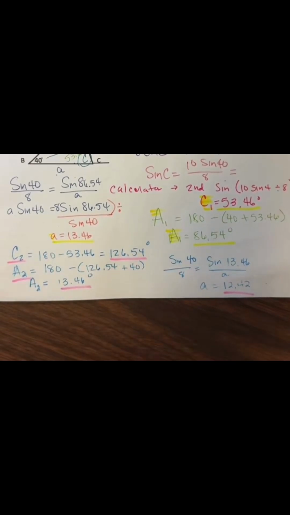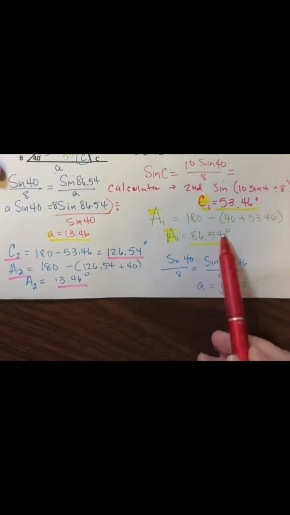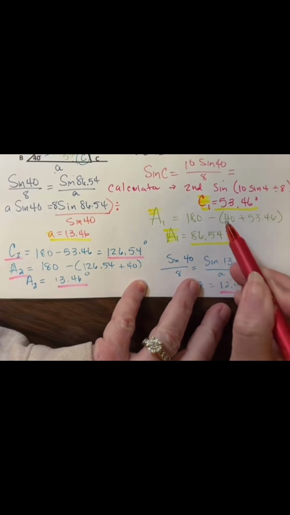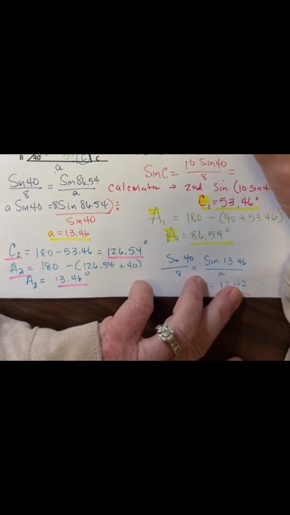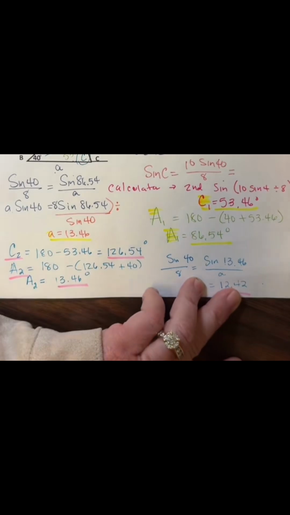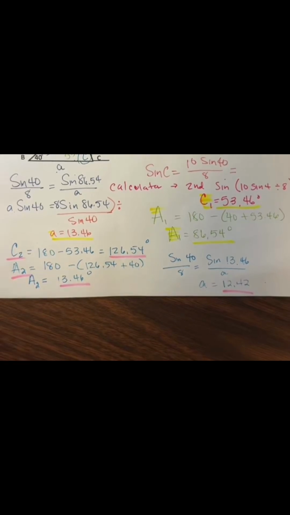If you were to do this part, and then you did 180 minus 53.46, just showing you how to determine whether you have two triangles or not. Minus 53.46 is